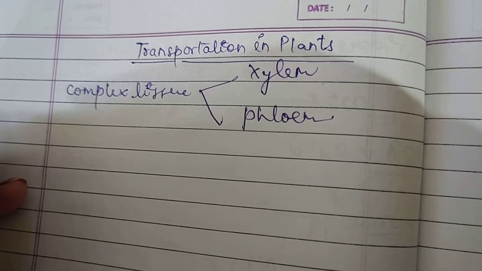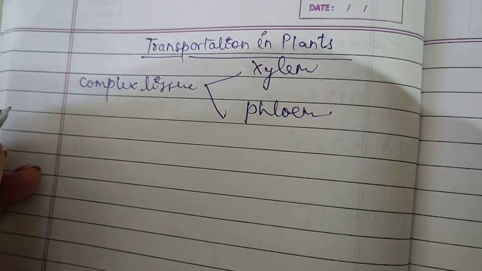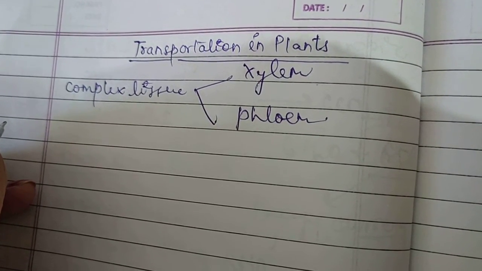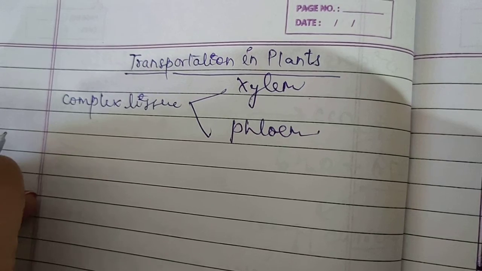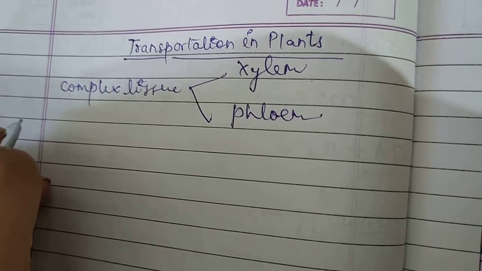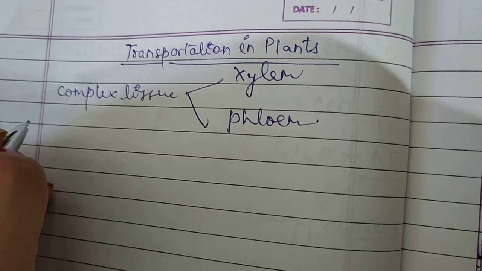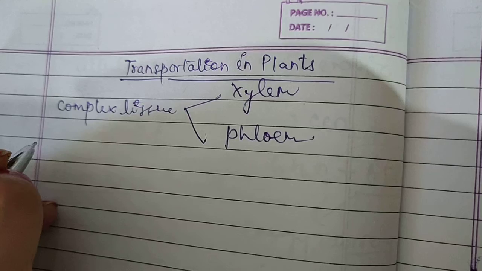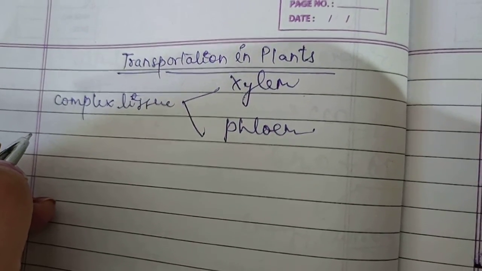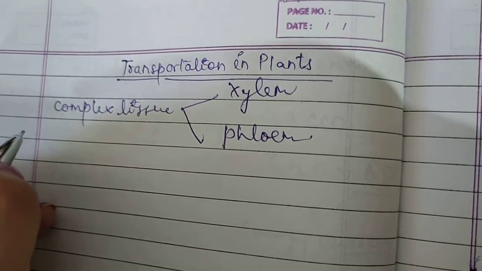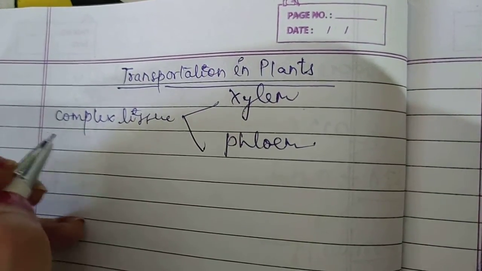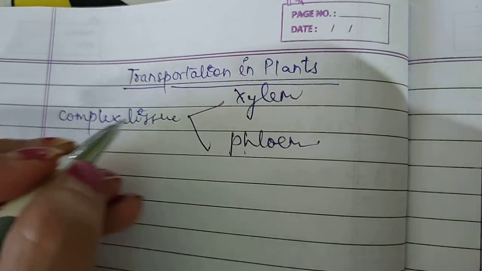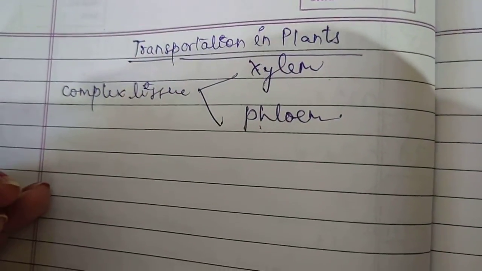As you know, plants never move and they contain a large amount of dead cells in their body. Hence they need a lesser amount of energy as compared to animals, due to their non-locomotory nature, because they do not move at all. As a result, plants need a slow transport system, and two tissues help in this slow transportation system.